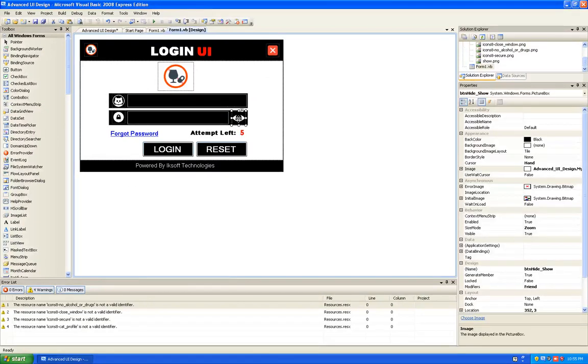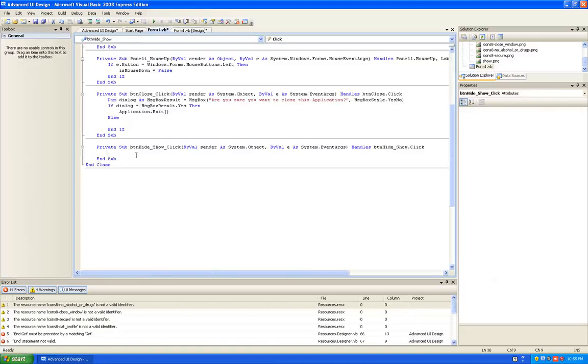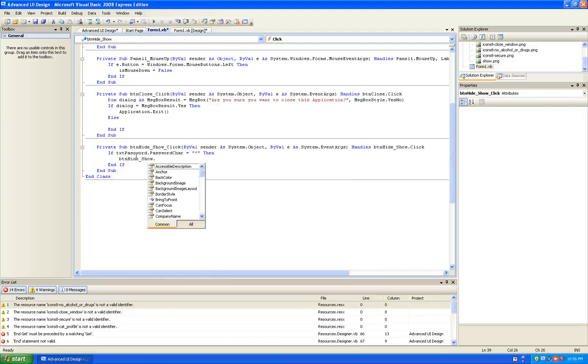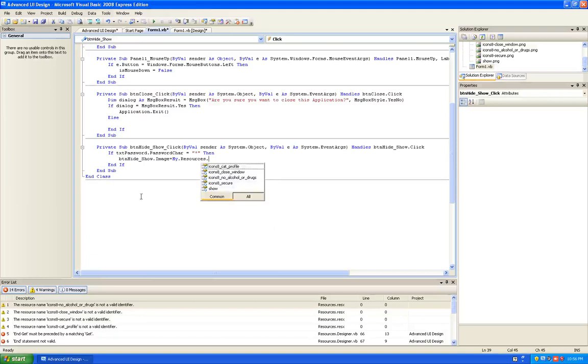what we're going to do. Double click on this guy, right? And this is what we're going to say. If txt password dot password char equals to, then we just have to say is equals to nothing. Let's say is equals to this, then we just have to say that that is visible, right? So btn hide or show dot image, right, equals to my dot resources dot, so we just have to switch to